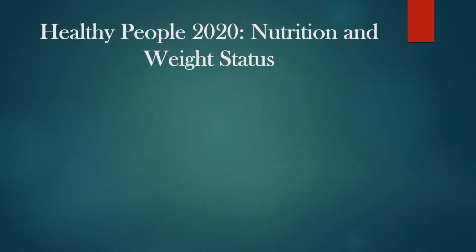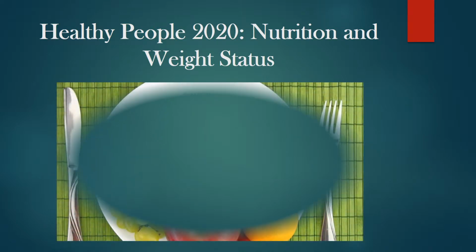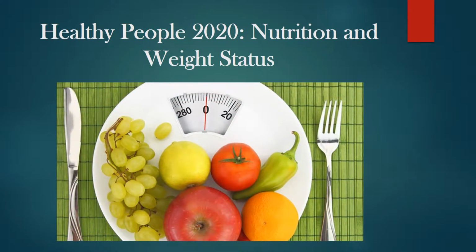The nutrition and weight status topic found on Healthy People 2020 is the one that we selected for our project. The objectives help to support the health benefits of eating a healthful diet and maintaining a healthy body weight. These objectives also emphasize that education on risk factors and changes within an individual's diet and weight will reduce the risk of various diseases. Supportive settings within the workplace, schools, and healthcare organizations will benefit the community by recommending different approaches that we can take throughout the day to maintain a healthy lifestyle.